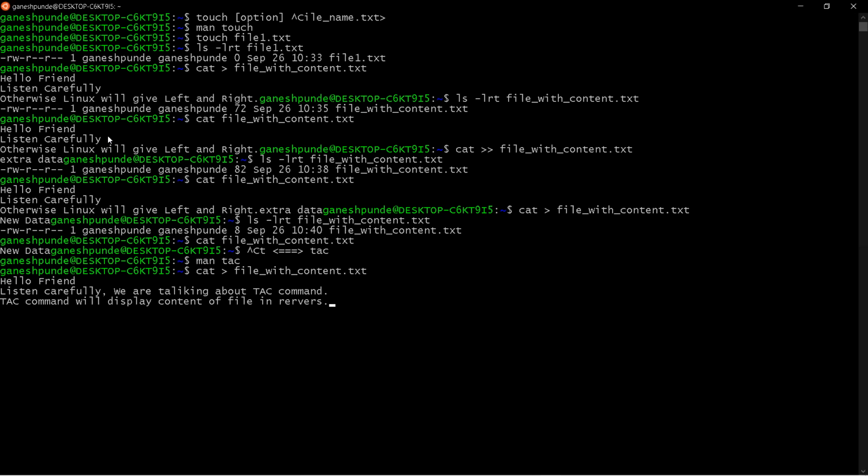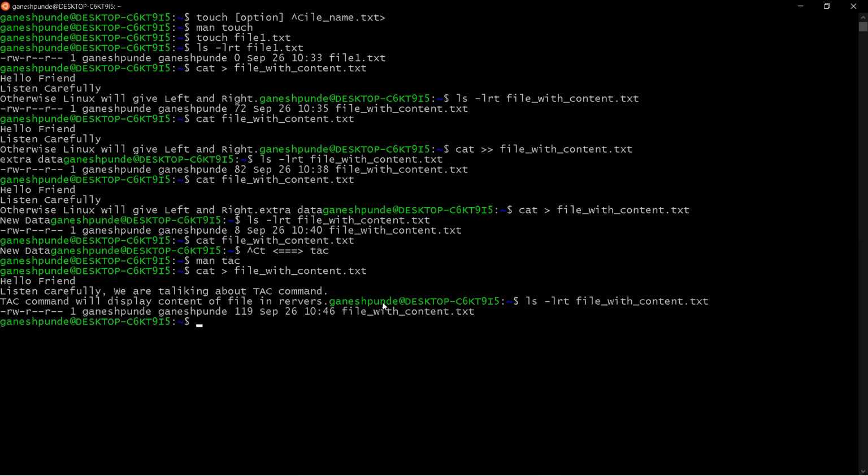Now if I want to save, I will press Control D. You can see now the file has been saved, right? Now I want to see the file. You can see 1046, the previous time was 1040, 1046. Again we overwrote the file, right? And you can see the file.